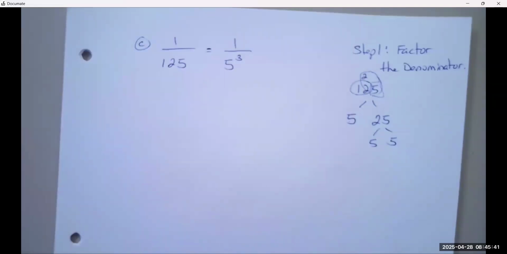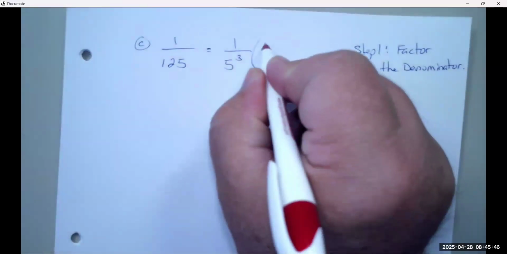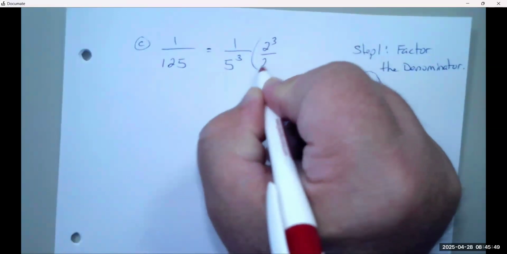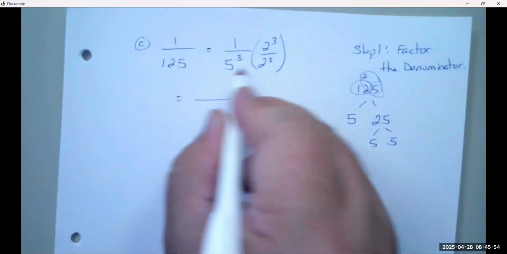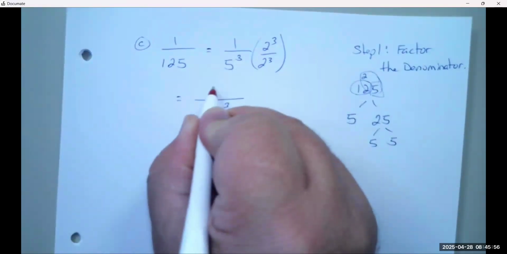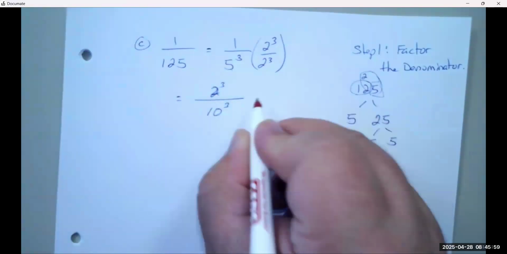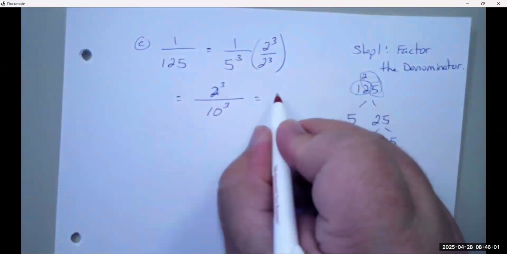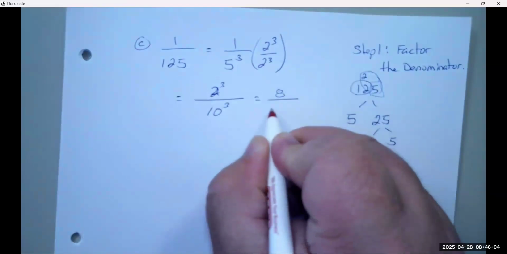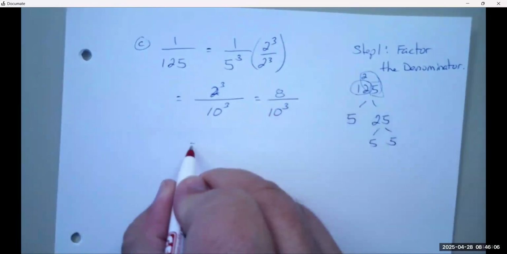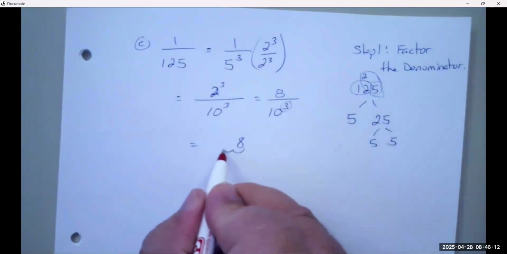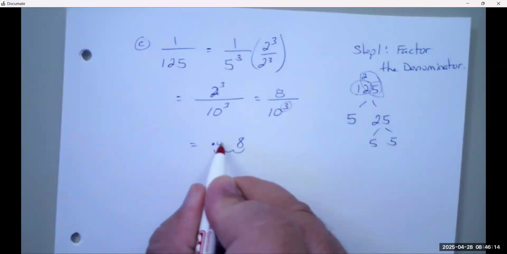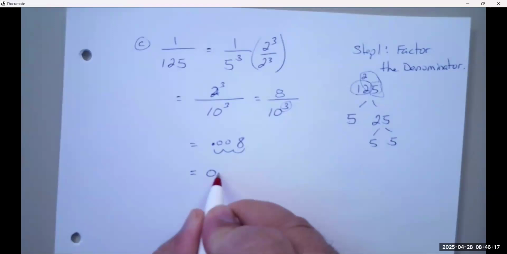What do we need to make it a base 10? We need 2 cubed. We need 3 2s. So on the bottom we have 10 cubed. On the top we have 2 cubed. What is 2 cubed? 8. So move the decimal 3 to the left. 1, 2, 3. So our answer is